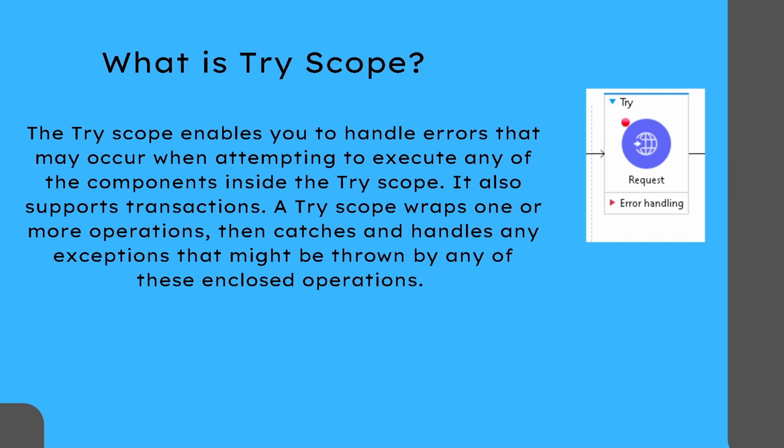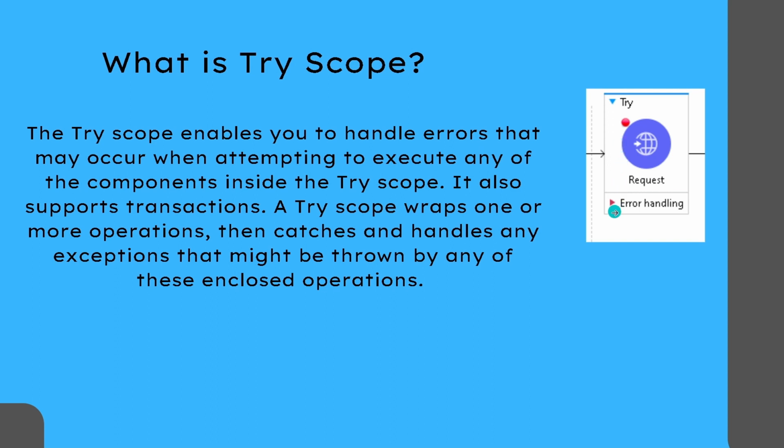So guys, there comes the try scope. Let's say if anything fails while calling that third party system or any server to fetch some response, say the request fails because of some connectivity issues or any other reason. In that case, how do you want to handle those errors? So there comes the try scope. With the help of try scope, if this request fails calling that system,